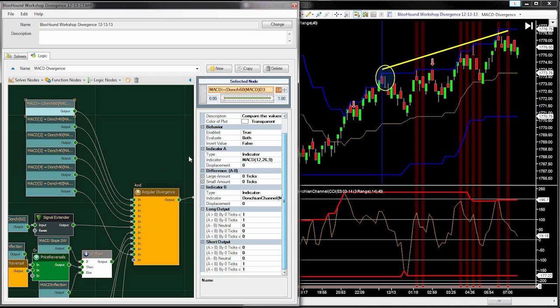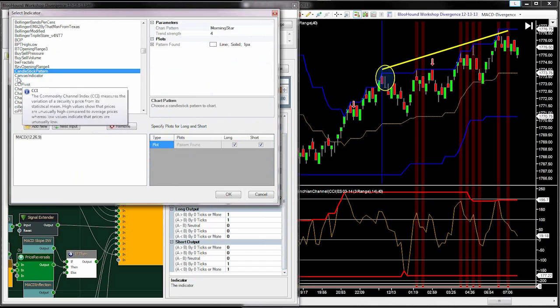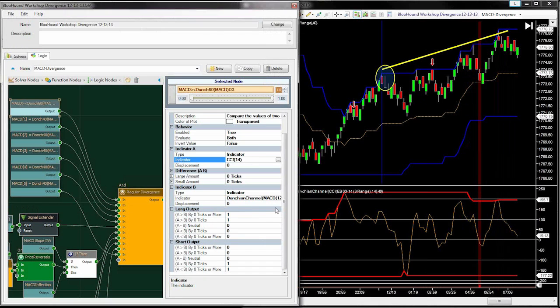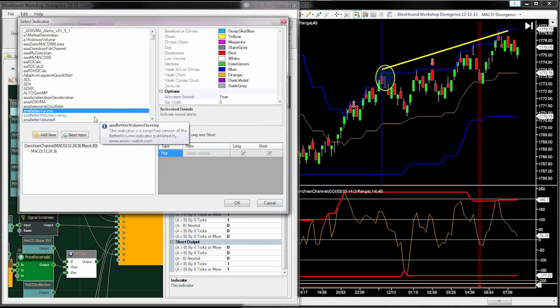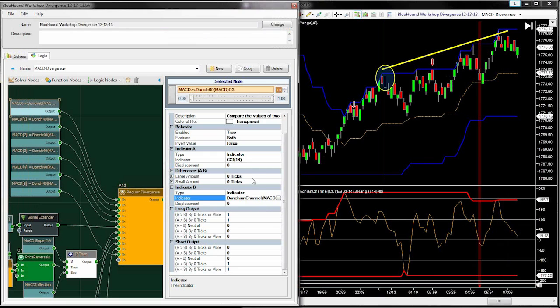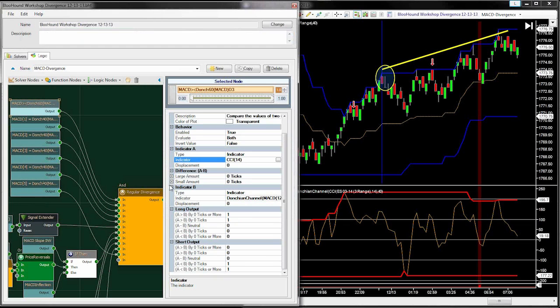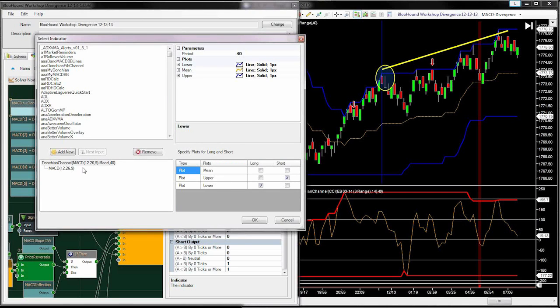So okay, let's change this now. So we want the CCI. And we want to put the Donchian channel on the CCI. Actually, we can just eliminate this. So did you see how I did that? Very simple. All you do is go into indicator A and substitute the oscillator of your choice. In this case, we just chose the CCI. Now indicator B, this is for the top one right here, the very first one. Indicator B is the one with the Donchian channel on the oscillator. So we just remove the oscillator,